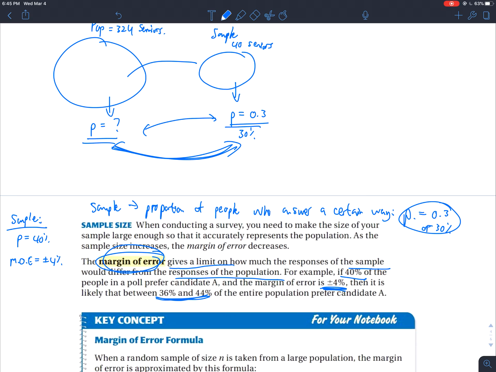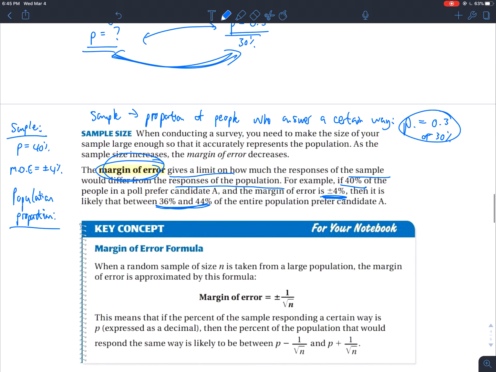That means the population proportion could then be 40% plus or minus 4%. And this is something we call a confidence interval. It could be anywhere from 36% to 44%. Usually in statistics, we actually write it as decimals. Okay, 0.44. And so,